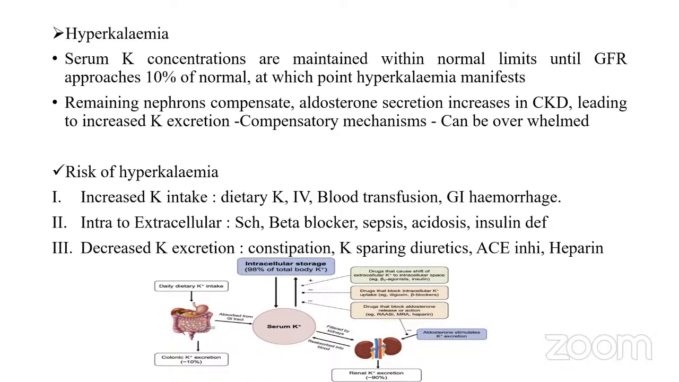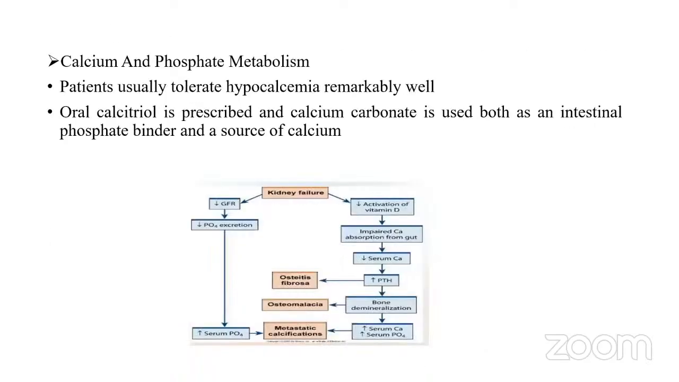The risk of hyperkalemia in CKD patients is mainly from increased potassium intake, either dietary or IV, or blood transfusion and GI bleeds. And there will be an increase in potassium levels because of the intracellular to extracellular shift of potassium with some drugs like scoline and beta blockers, and with sepsis, acidosis, and insulin deficiency. And decreased potassium excretion is mainly seen in constipation, and with potassium sparing diuretics, ACE inhibitors, and heparin. Calcium and